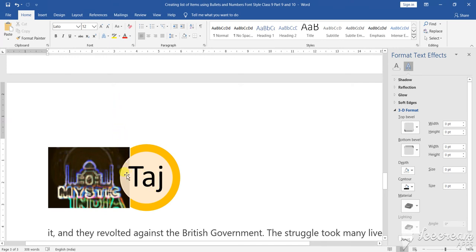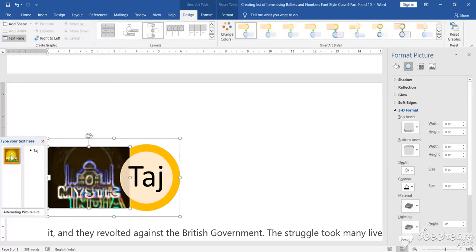Okay, if you want to keep this one, you can keep it. If you want to change it, you can also change it. So this is the thing that will affect it. That means as soon as you are selecting the picture, see, this was the previous one that you had selected.